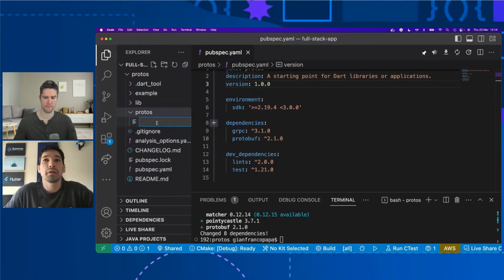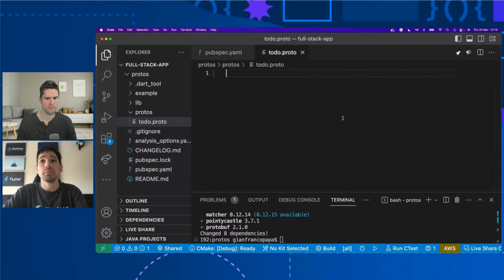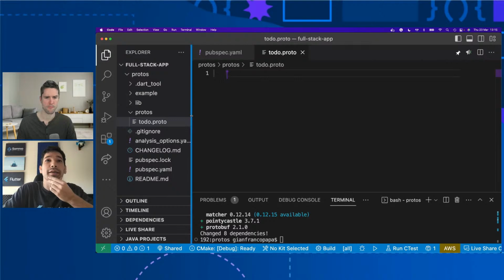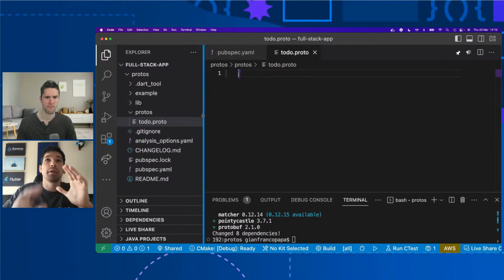I was thinking about a basic to-do file, but we can choose anything. It would depend on what you want to build. But let's start with a to-do, and the extension would be proto.